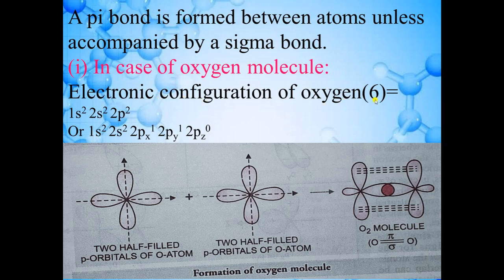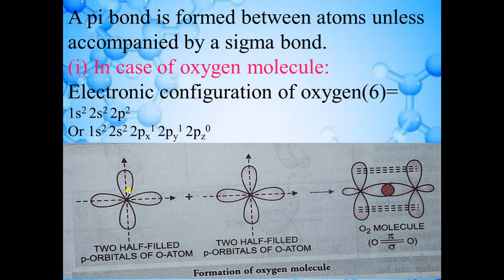Atomic number of oxygen is 8. 1s2, 2s2, 2p4. This is the electronic configuration. You can write this electronic configuration in this way also. If you open the 2p, you can write it as 2px, 2py and 2pz. Now there are two electrons present in 2px and 2py. Now these orbitals are exactly half filled, because in 2px 2 electrons can come but 1 electron is present. In 2py 2 electrons can come and 1 electron is present.